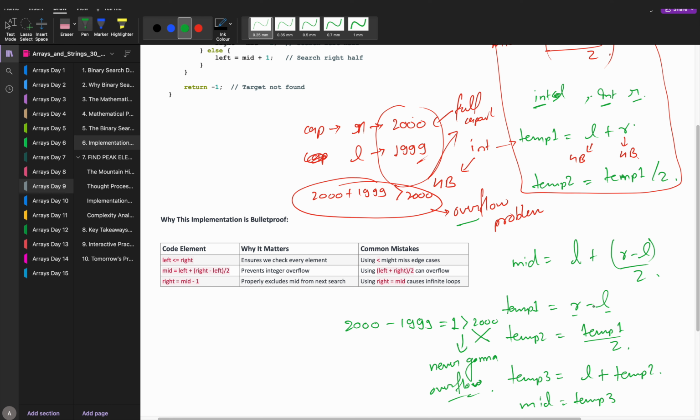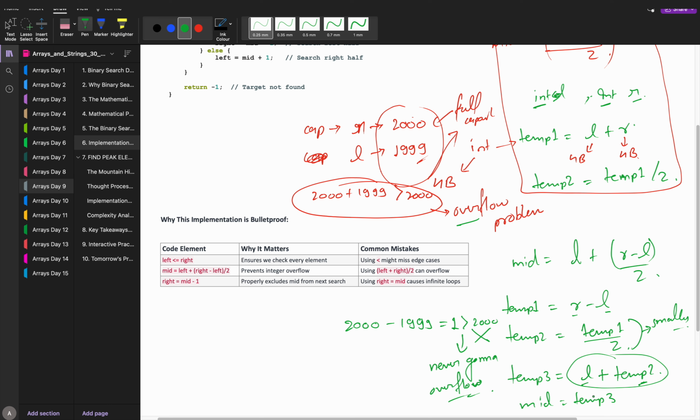It won't happen. Now this was the major step. This was the most crucial step. If this is done, then temp divided by 2, again, is going to give a smaller value. Correct? So no chance of overflow. Though L is big, this is small, right? So what will come? Again, no overflow, because two bigger values combined give you an overflow condition. One big and one small doesn't give you that. Don't worry about it. And L can't be so big that after adding it goes out of range. Correct.